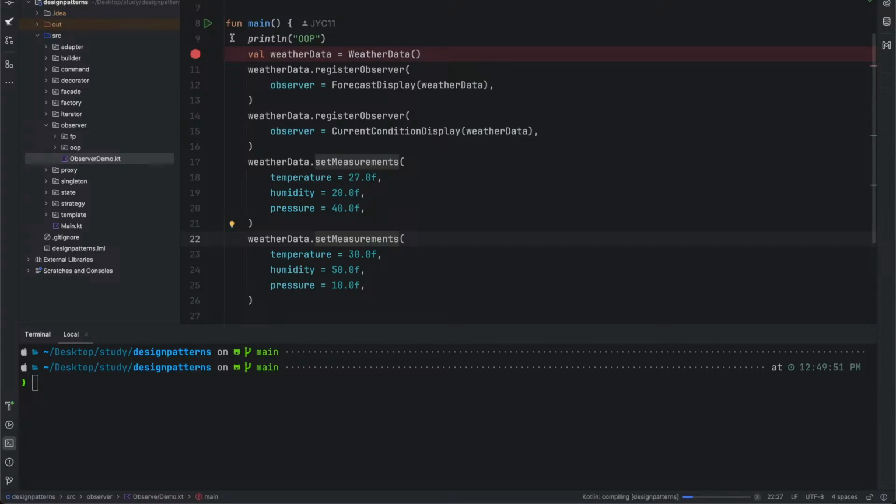It's compiling. Yeah, I don't know why Kotlin is compiling so slow. It's not a lot of code, but